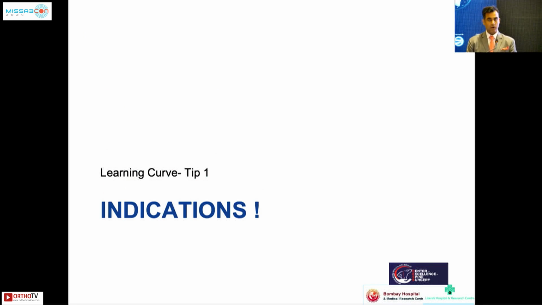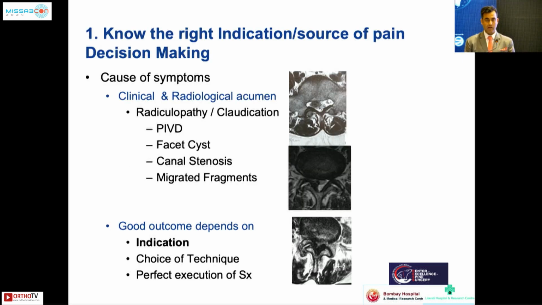So the first pointer is indications, like Dr. Vishal Peshetio rightly mentioned. There is a learning curve to every MIS technique, be it any endoscopy or tubular techniques. You have to climb a particular ladder. And to climb that ladder, the first 50 to 100 cases have to be chosen so meticulously that you need to know and dissect peel by peel the symptoms of the patient, and exact cause of the symptoms have to be known, which you are going to alter as your surgery comes across.